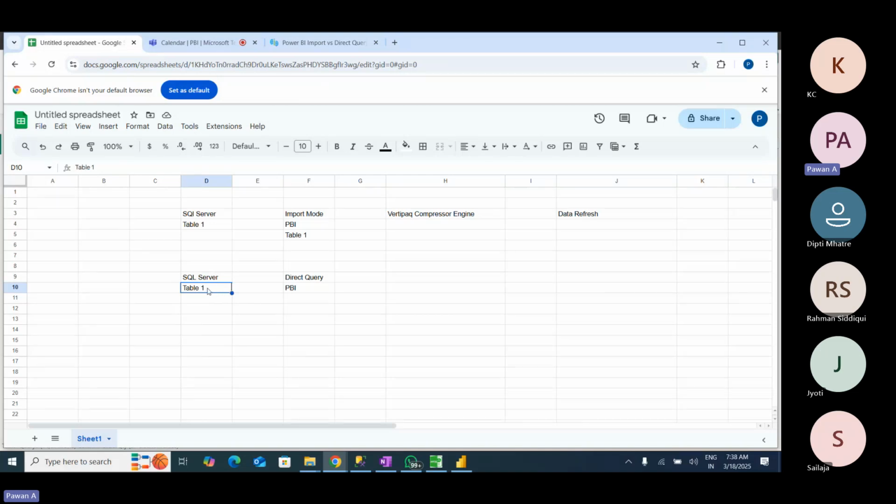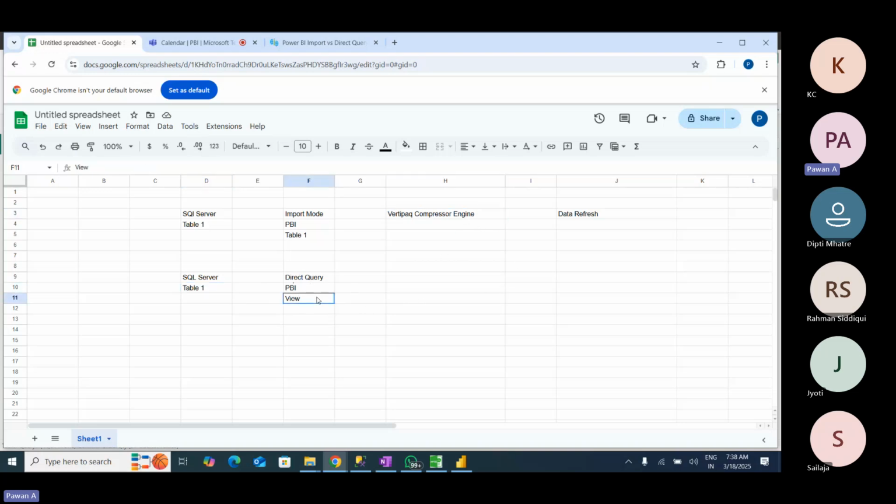And the backend here is SQL Server. What you see here is just a view of that data. That data is not actually copied and pasted here. You just see the view of that data and you just have the connection with the backend here. This is what happens in direct query. And obviously, since the data is not coming or stored into Power BI desktop, there is no question of